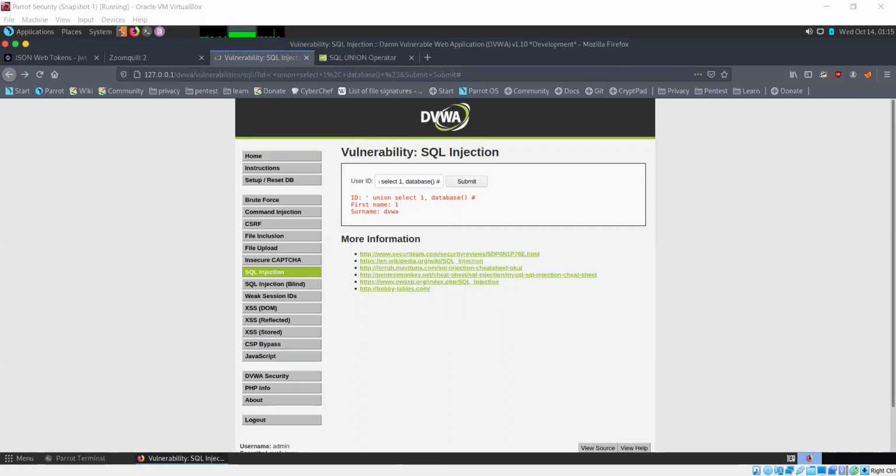Now let's try to figure out even more information. We know our database version, and it stores the names of tables in something known as information schema. So let's use that here. And you understand the meaning of this octothorpe: it is used to comment out the rest of the statement which is present in the source code.